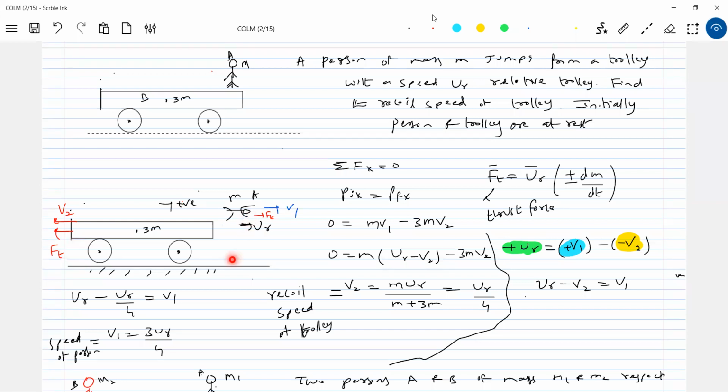But due to internal forces, momentum will be conserved. So internal forces can do work. What is Ft now? Ft will become an internal force to the system, the trolley-block-man system. So internal forces can do work. Altogether, this internal force did positive work on the person and positive work on the trolley. It is not that the net work of the internal force is zero. Then what is the work done by the person? It means the change in kinetic